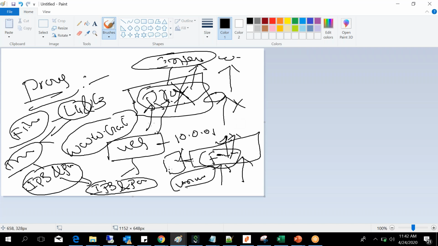So this proxy will detect it if the proxy has the database, and the database contains lakhs of malicious domains and URLs.